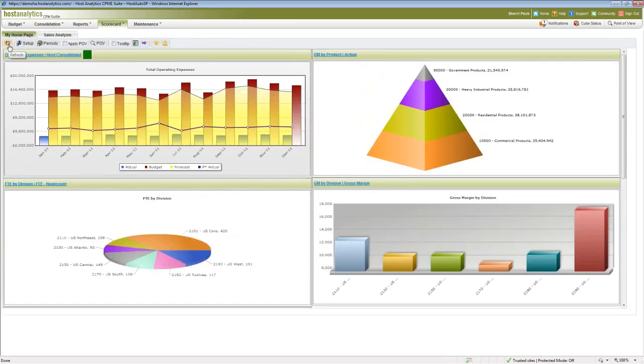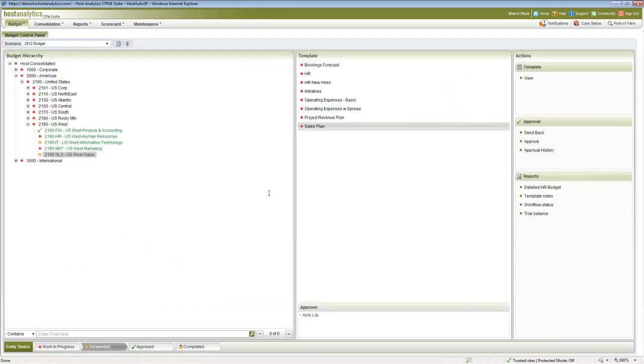So what I'm now going to do is go to the budget control panel, just like what we saw for Alan. Since I'm a finance manager, I'd like to look at some of the templates myself because I'm responsible for budgeting. And in this case, it looks similar, but there are more things going on here. So I have a view of the entire organization of our company. So it's got your hierarchy of organizations, as well as all the individual departments or divisions, or however you are budgeting. So you can see the different status symbols here.